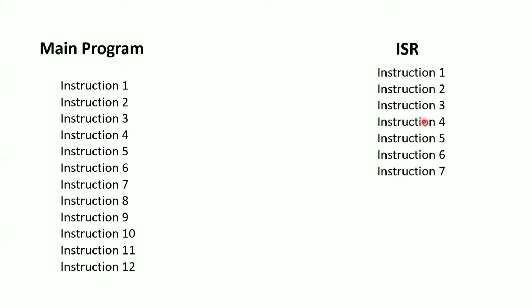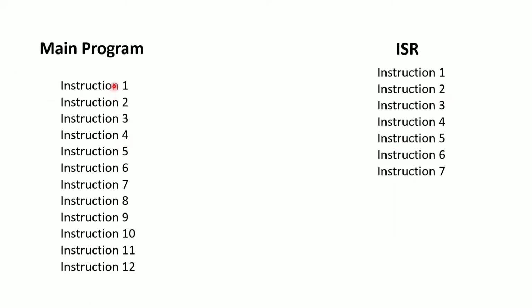Now, during the execution of your main program, this is my interrupt program, and this is the highest priority. Now I want to execute this program, the ISR. What do I need to do? I need to generate an interrupt, so I will interrupt the processor. So what will the processor do? It will pause the main program and go to the ISR and execute that program. Then it comes back to your main program where it stopped.